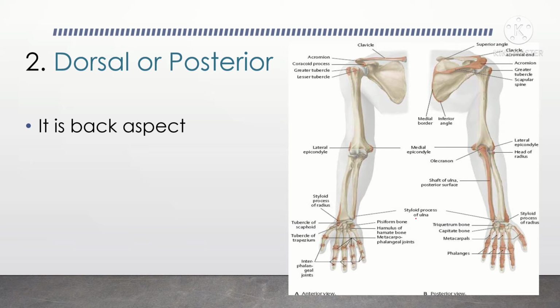The palm will only be seen on the anterior side. On the dorsal side you cannot see the palm. So this is how you can determine it. There are many such things you can determine, which we will be learning when we go into bones, when we learn regarding the arteries or the veins.